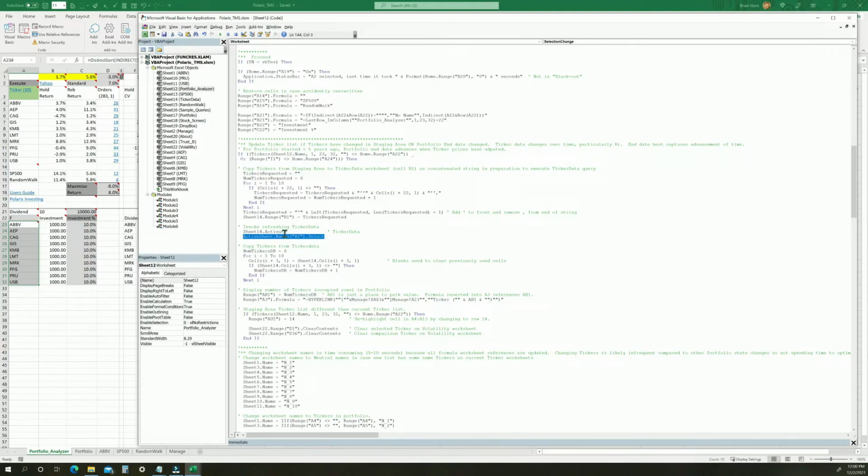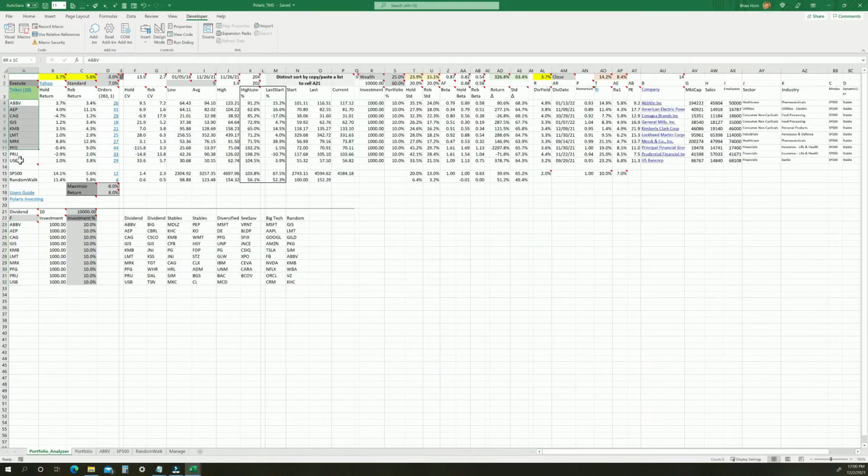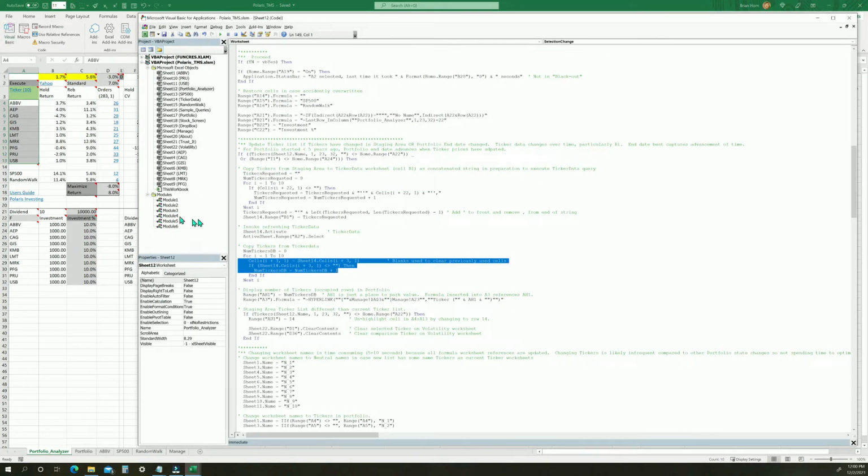We've already been through that code. And then what comes back from that will be the tickers that are actually found. So then those tickers that are found are placed up here in this part of the Portfolio Analyzer worksheet. So the tickers that are listed in cells A4 through A14 can be different than what was requested down in cells A23 through A32 based on which tickers were found in the back-end